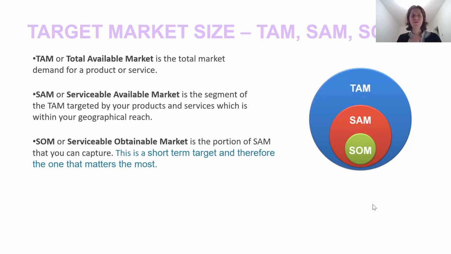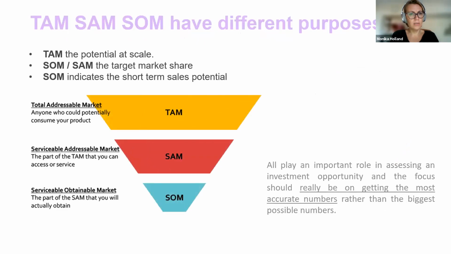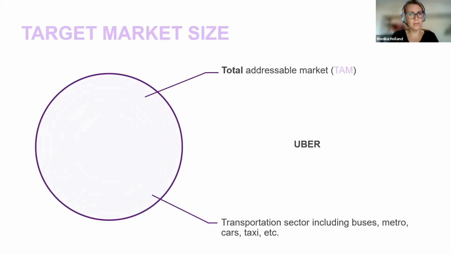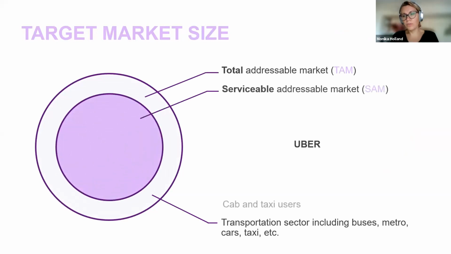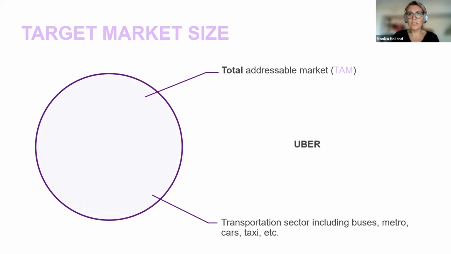I have one more question. I know that sometimes they count people per number of users using smartphones. Does that make sense, instead of calculating per person? It depends on what kind of service we're trying to calculate. So if we're talking about Uber, I have it here as well. I think it's this one. Yeah. So if we talk about Uber, right? So total addressable market